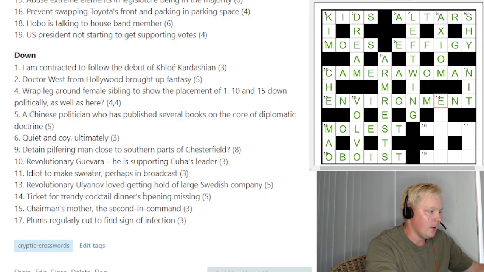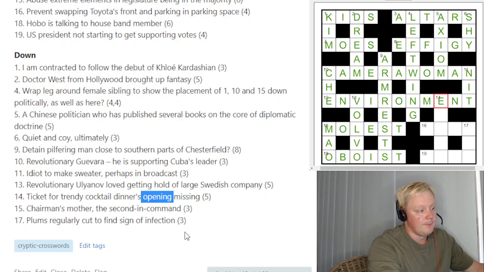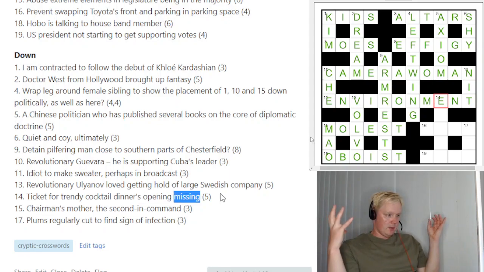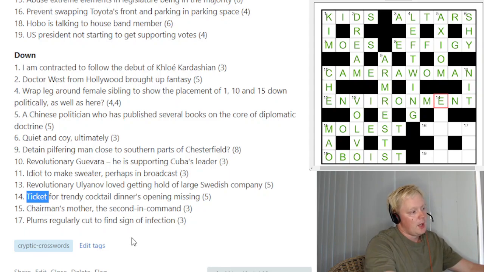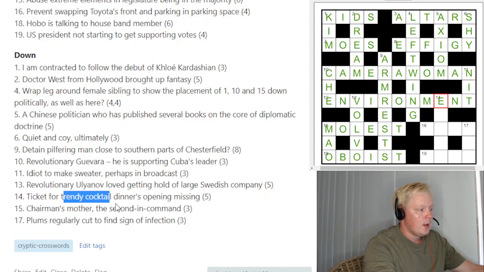Well, we have opening can mean opening letter, the first letter. We also have missing. Something is missing. That's a very clear indicator that you just take something out of the preceding part. So that would mean ticket is the definition here. And trendy cocktail, that would mean the dinner's opening, the D, the opening letter of dinner, is missing from trendy cocktail. And we would have a five-letter